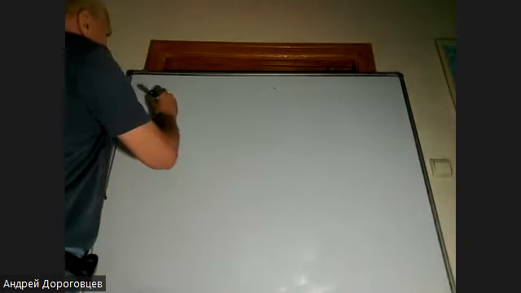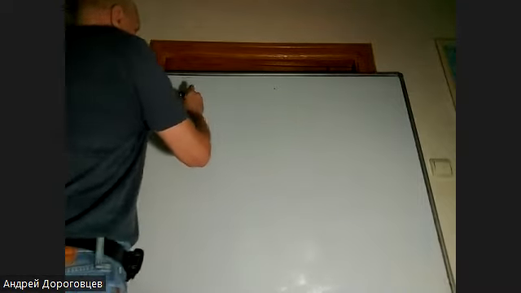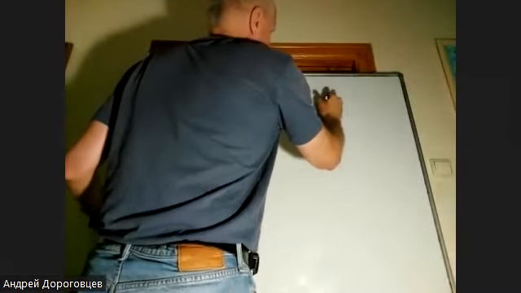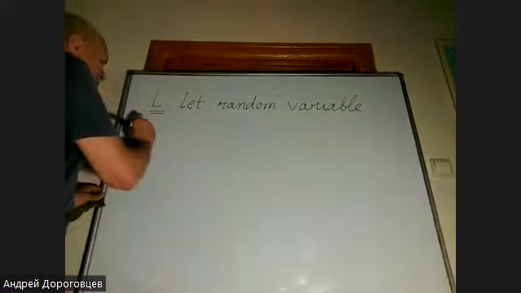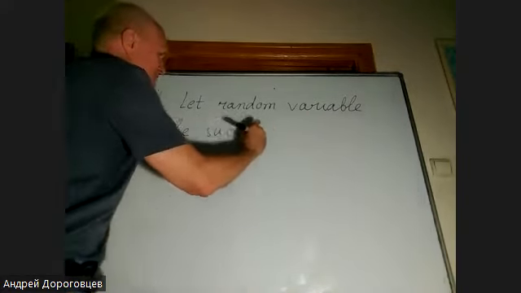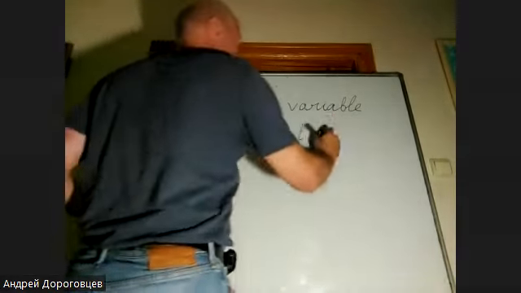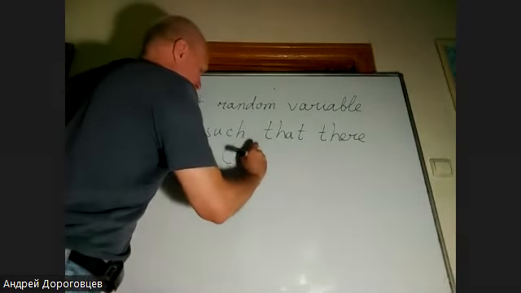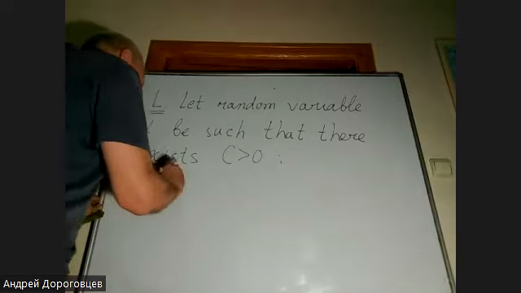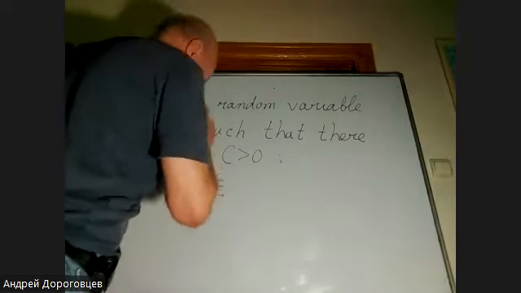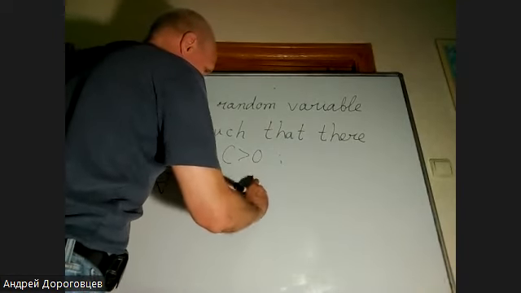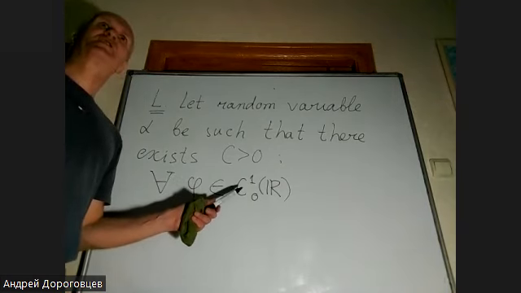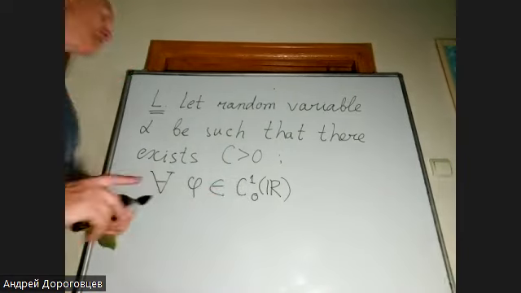Lemma. Let random variable alpha be such that there exists c greater than 0 such that for any phi which belongs to C_c^1, so it is continuously differentiable functions with compact support, we have the following: